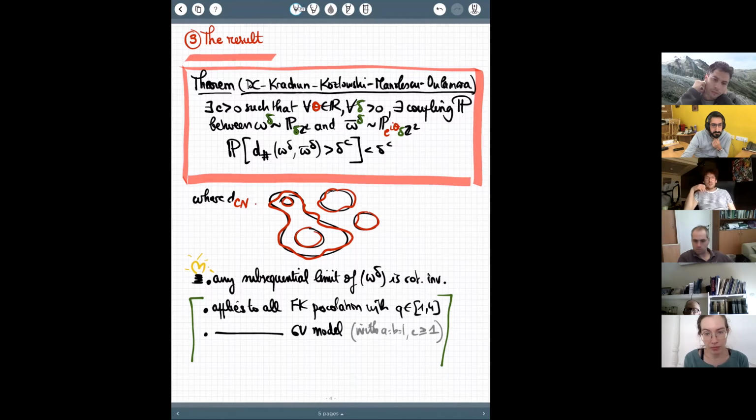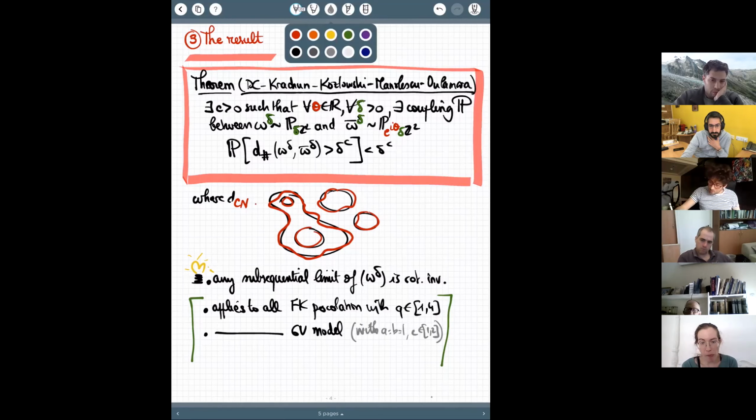So this should actually be C between 2 and 1. And again, it should apply for every C larger than 0 up to 2. But we have a problem of correlation inequality, and we can do it only for C larger or equal to 1. It also applies, for people who like this model, to the Potts model